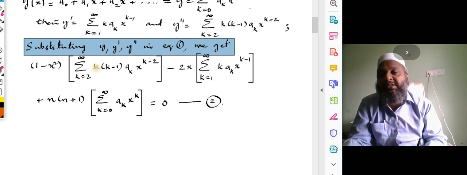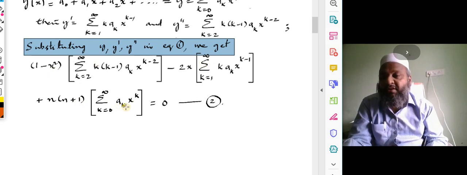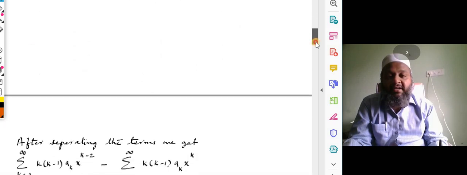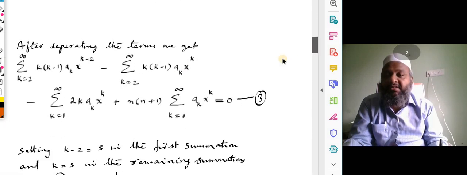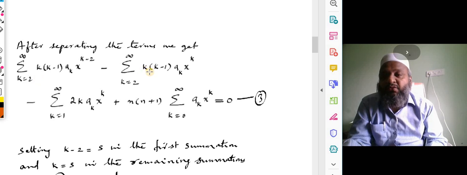So we are going to get 2 summations here, one summation here, the third and the fourth. So in the next step I have written that one. You can see the detailed simple steps of your calculation. Okay, these 2 are from the first one, the third summation and the fourth summation.